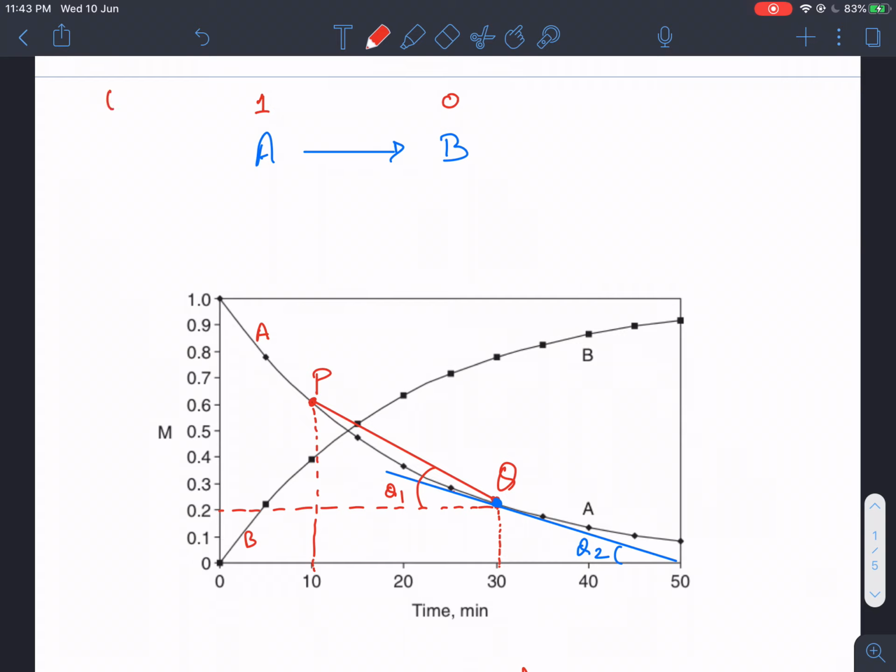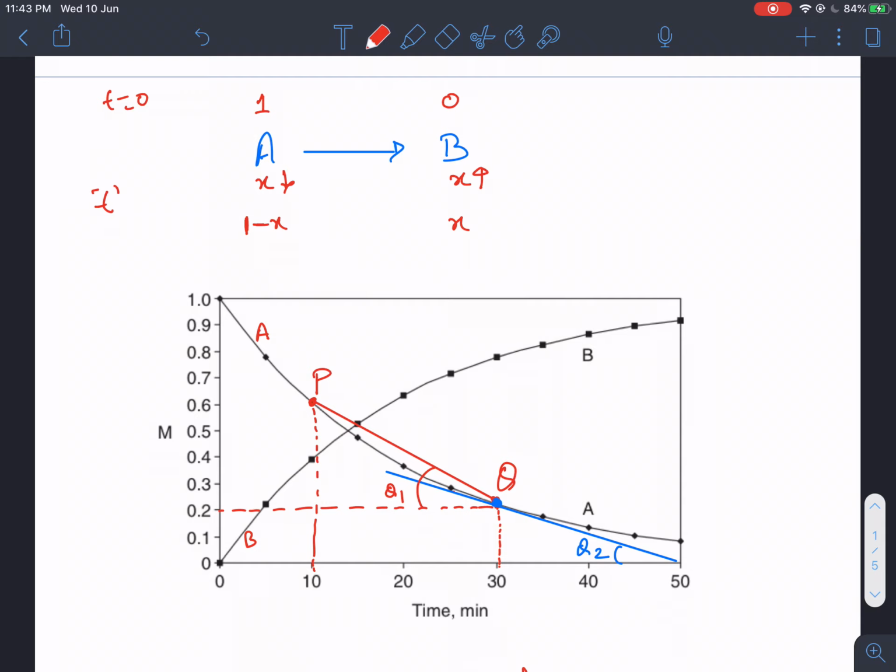So at T equal to 0, obviously I have 1 mole of A and 0 mole of B. At any general time T, as you can see, the stoichiometry of A and B are both 1. So if X mole of A reacts, we will get X mole of B, because the molar ratio is 1:1. Now how much amount did we take initially for A? That is 1 mole. So at general time T, what will be the amount of A left? The answer is 1 we took, X has reacted, so 1 minus X will be left. How much B will form? 0 we took, X is produced, so the total amount is X.